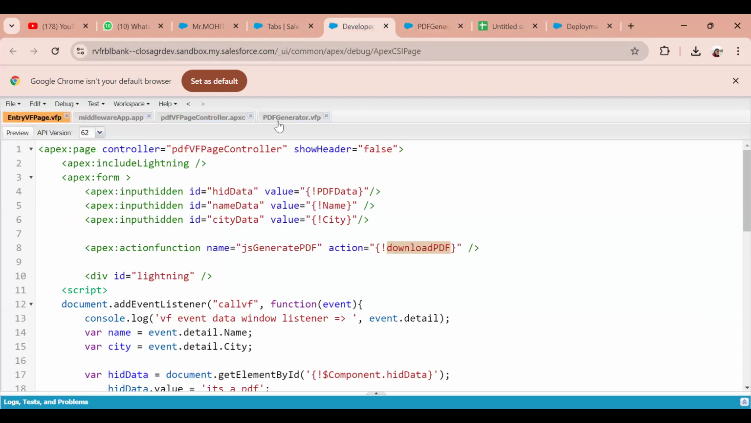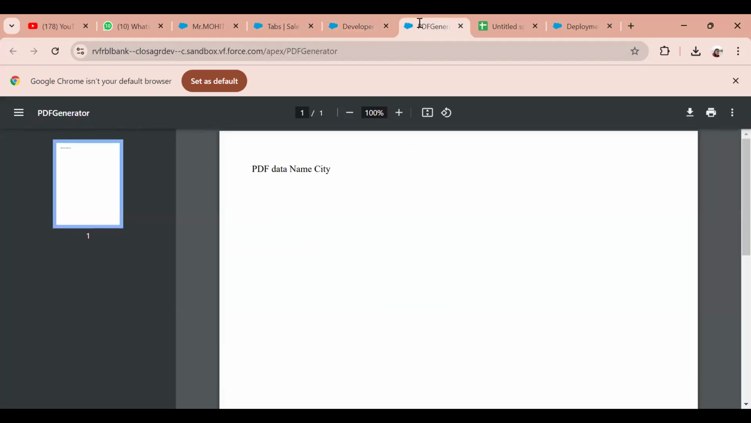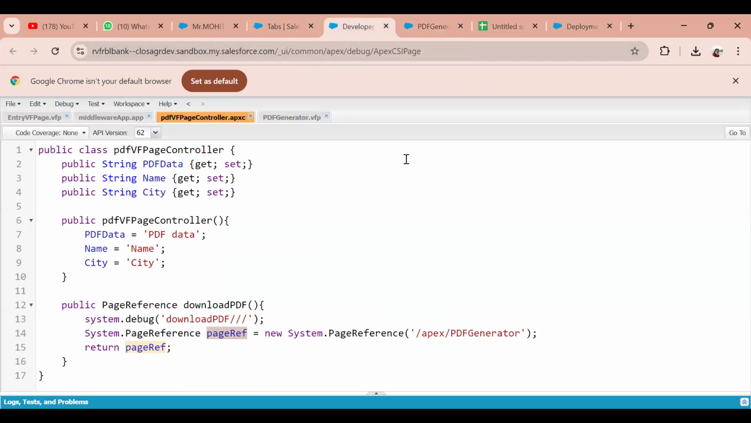Okay, so the other thing is right now we saw that the generate PDF generator, this one, is rendered as a PDF which you could download. But let's suppose I want to auto download it, then what am I supposed to do, right? So in that case, what you could do is